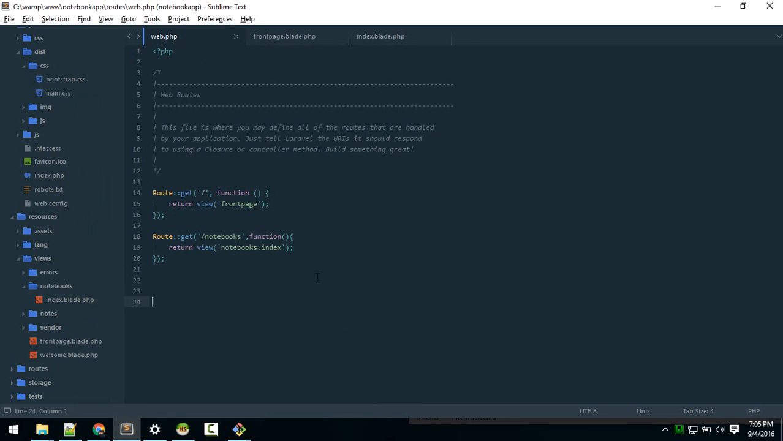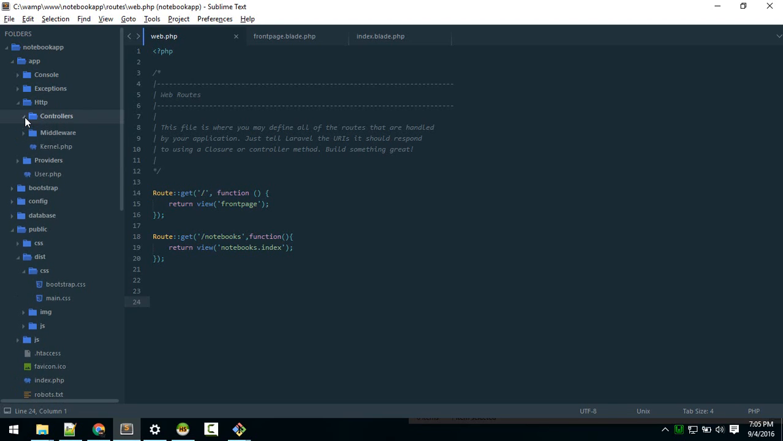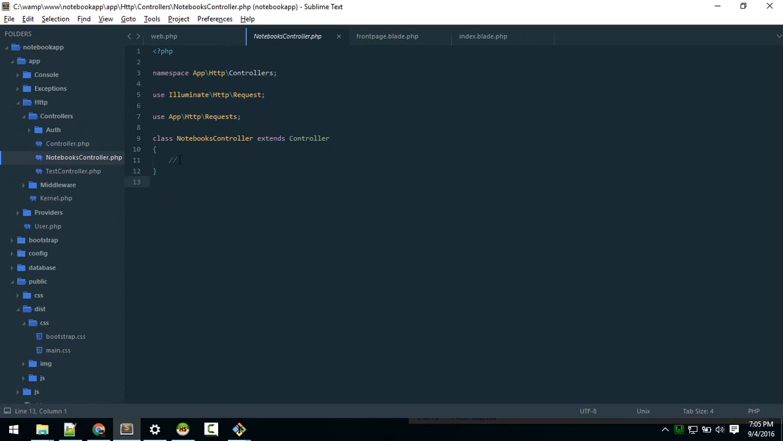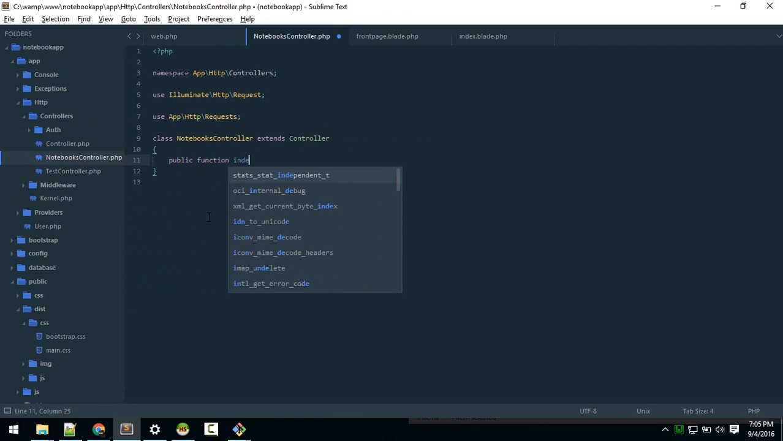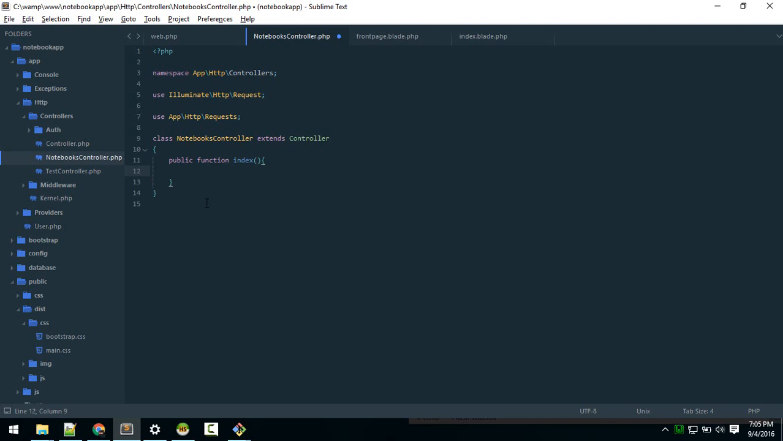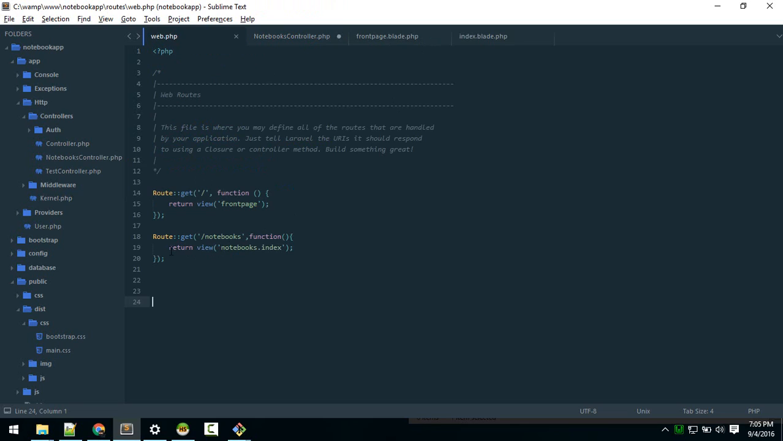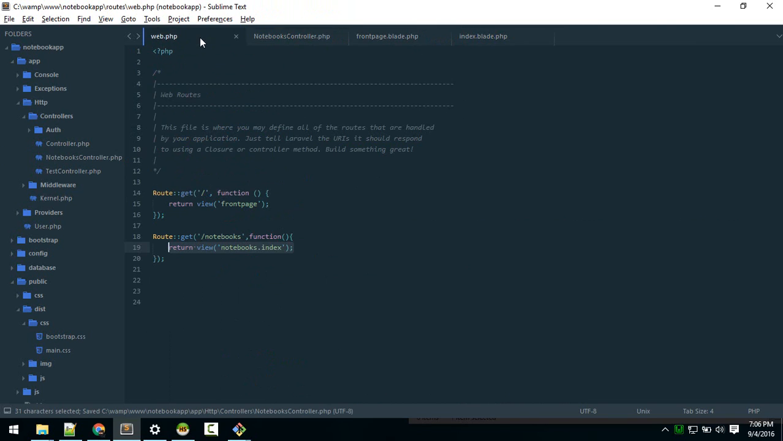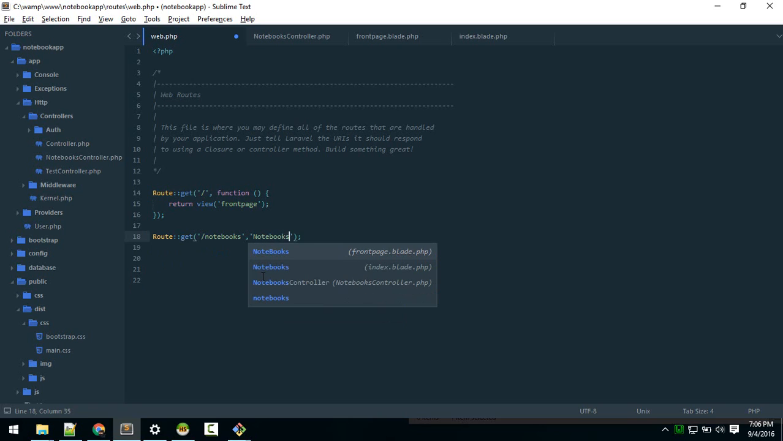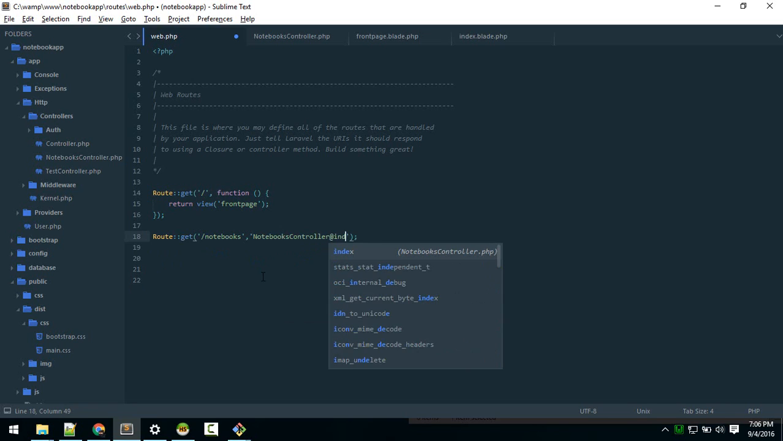So let's get back to Sublime and let's see inside controllers here, NotebooksController. So now let's define the method which will take us to that view. Okay, so public function index. Okay, index. So in web.php just copy this here, index, here, and we replace this function closure. This is also called closure function, or anonymous function. So NotebooksController@index. Okay,